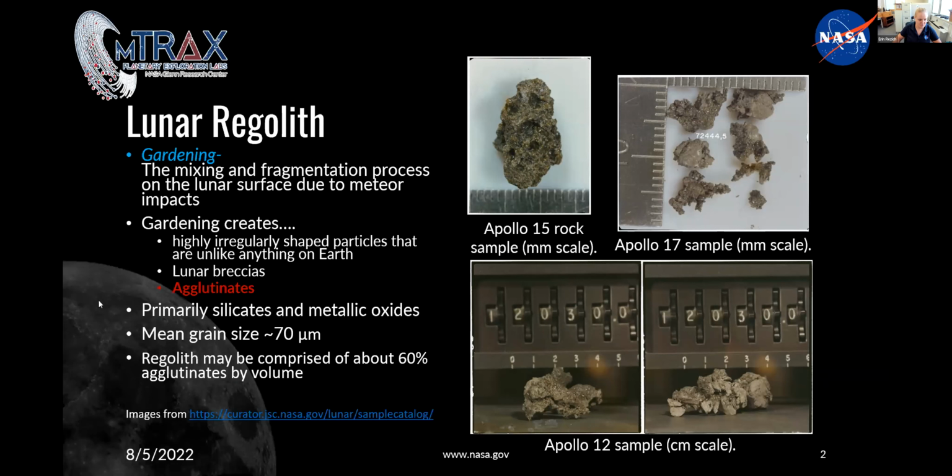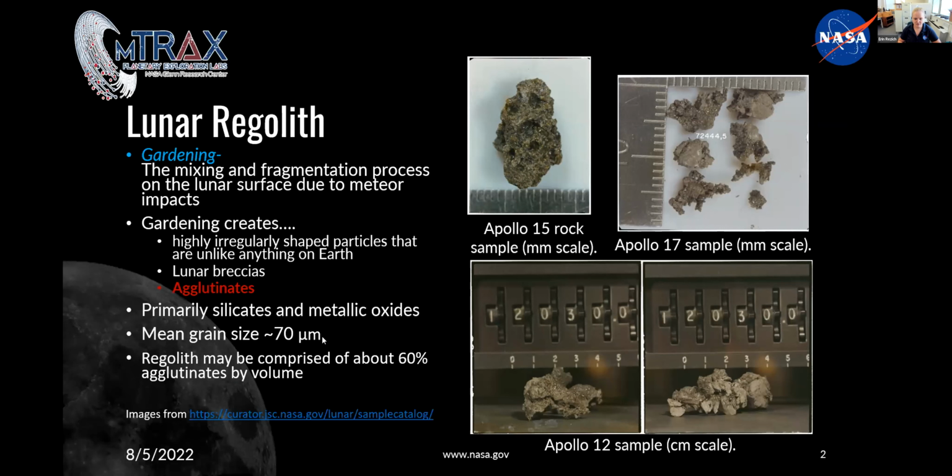And so these are just some interesting stats about lunar regolith itself. These are something closer to maybe a rock. We've got the centimeter scale here, but then up here we've got millimeter scale. And the average grain size for our measured actual lunar regolith data is about 70 microns, which is incredibly small. On top of that, we're looking at about 60% of the soil on average being this agglutinate format of particle. So again, something that's very difficult for us to recreate, but also at the same time significantly changes how we need to look at this,